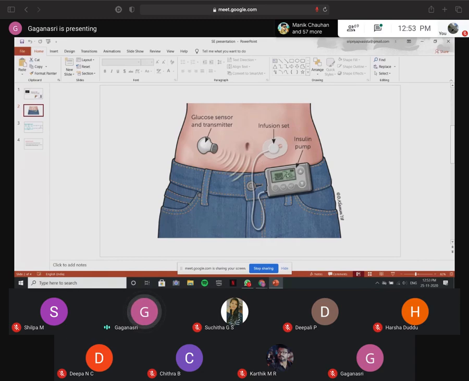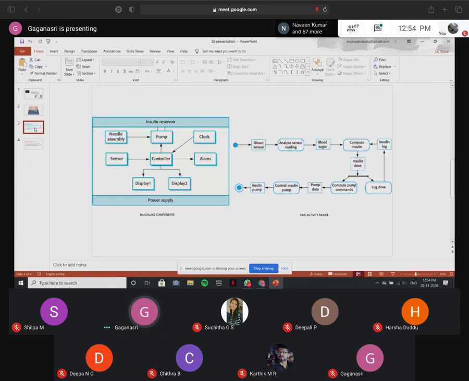And not only this, it uses one more input, which is the time at which the previous insulin dosage was given. So it uses both the inputs and computes the amount of insulin that must be injected, and it gives a signal to this infusion set, and this finally injects it inside our body. So this is how it works, and this is the diagram of hardware components and organization, and this is the